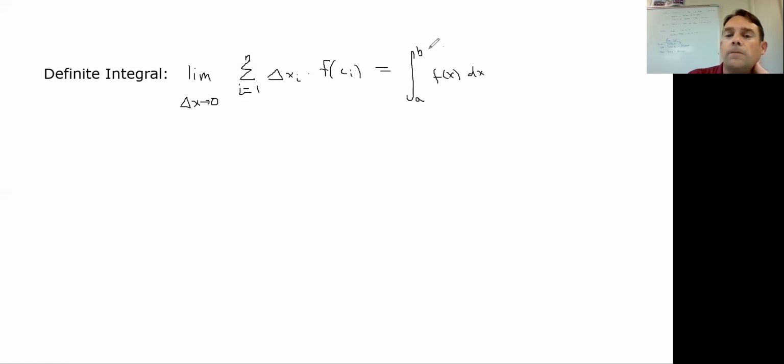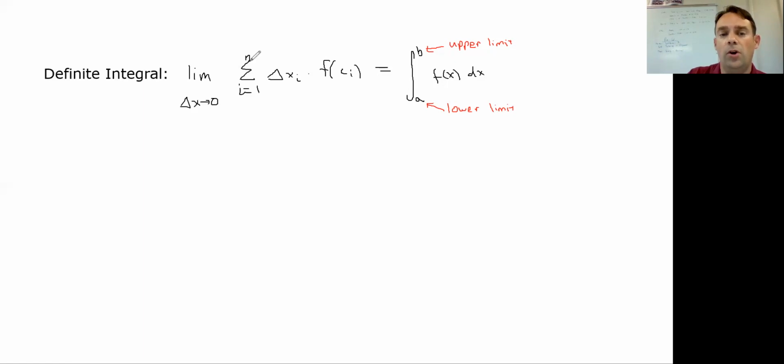where this is called our upper bound. We've already talked about dx. That was called a differential, our upper limit. A is our lower limit. And dx, that's our differential, or what we're taking the integral with respect to. And so instead of trying to write an area expression as a summation, we're just going to write it as